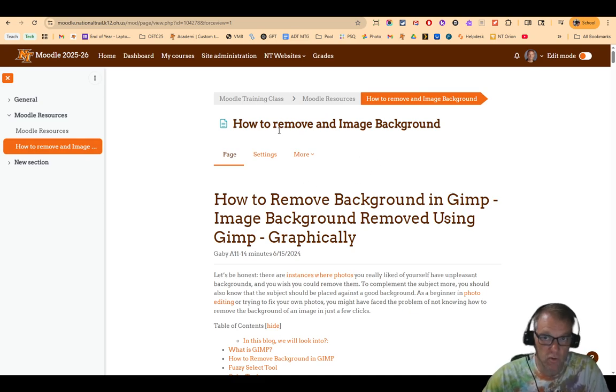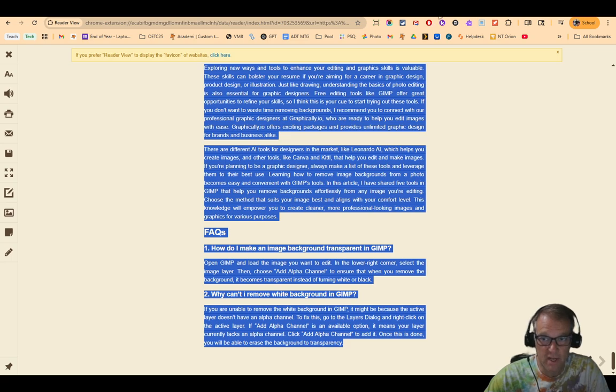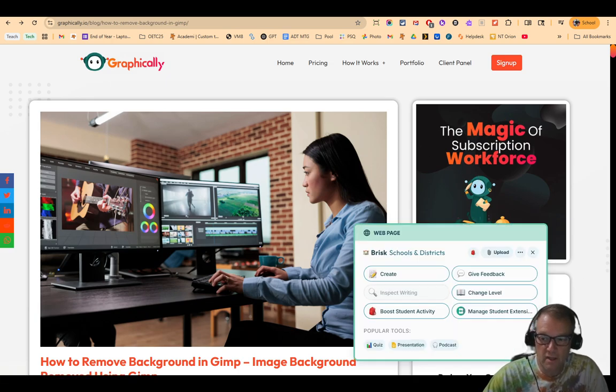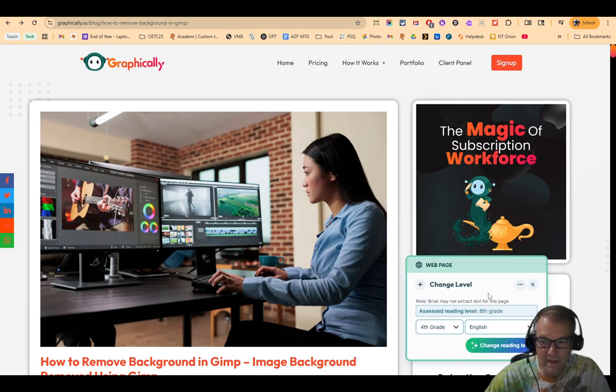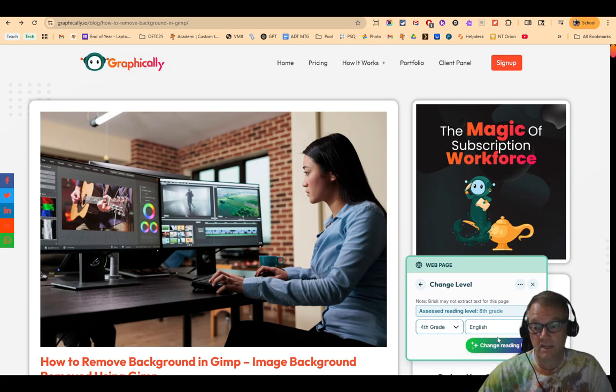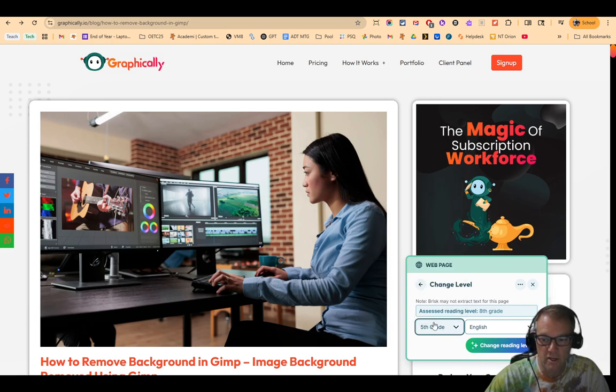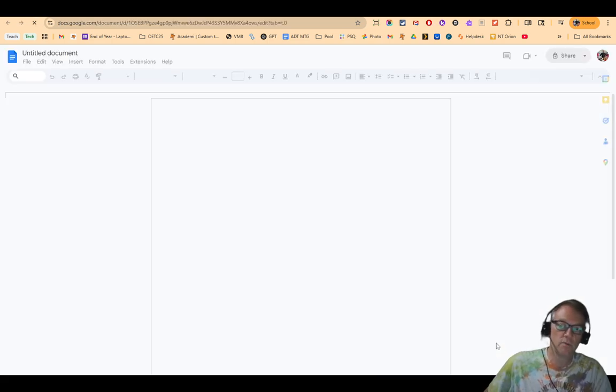better for your class. So I might have that website, and I might take a look at that website with Brisk and see what Brisk thinks that the age level of this site is. It's inspecting the writing right now. Right there. I hit change level, and right now it thinks it's 8th grade. So realistically, it's not that bad, but I could change the grade level and say, you know, I teach a 5th grade class. I'm going to go ahead and change the reading level to 5th grade. And if I hit change reading level,